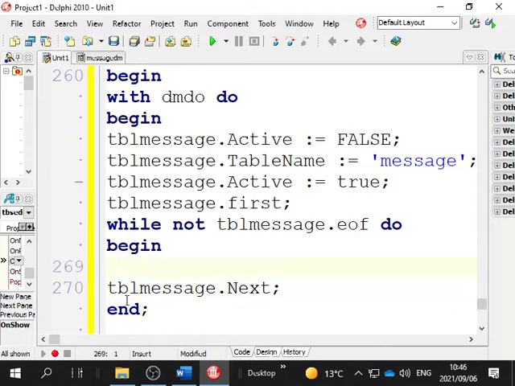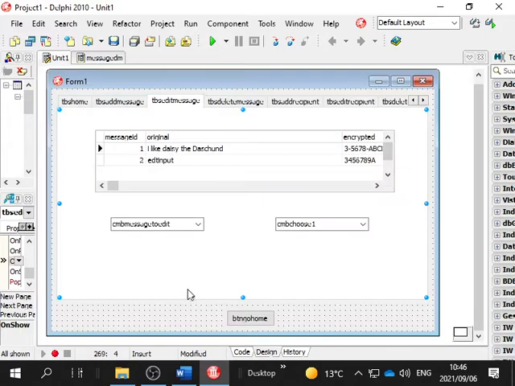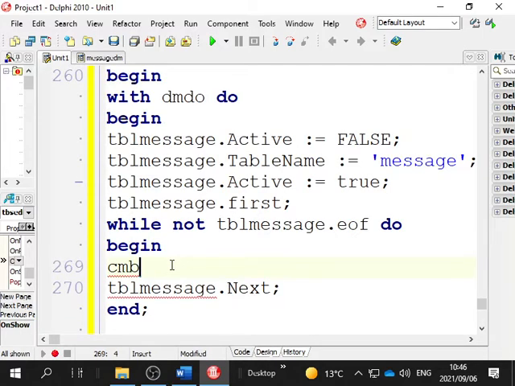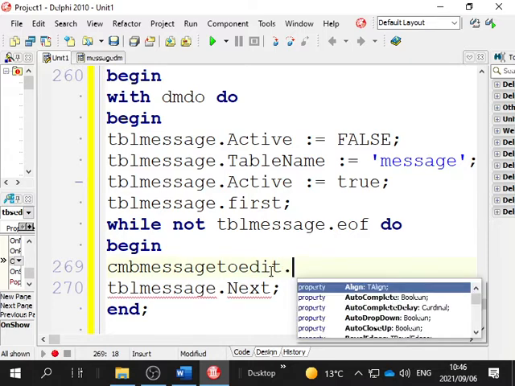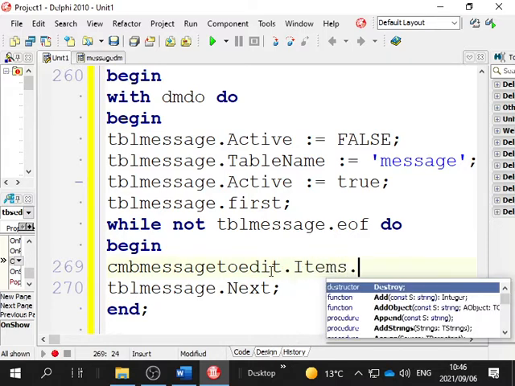We have to use the combo box, CMB. The name of the combo box is message to edit. CMB message to edit dot items dot add,